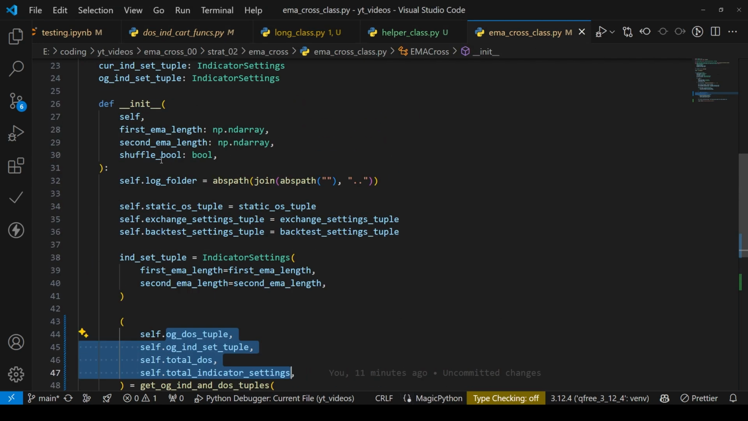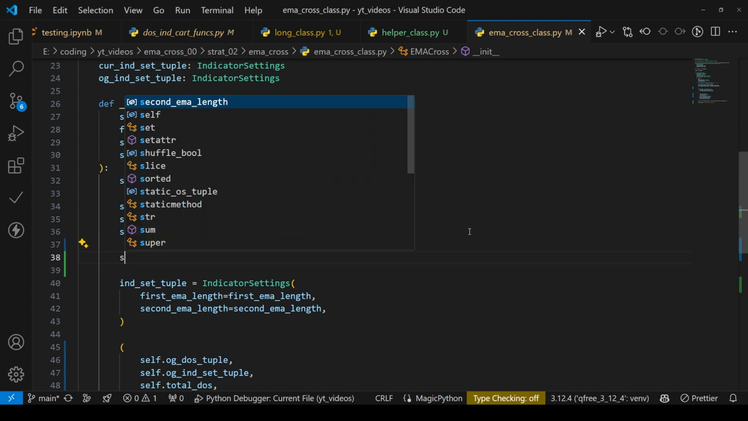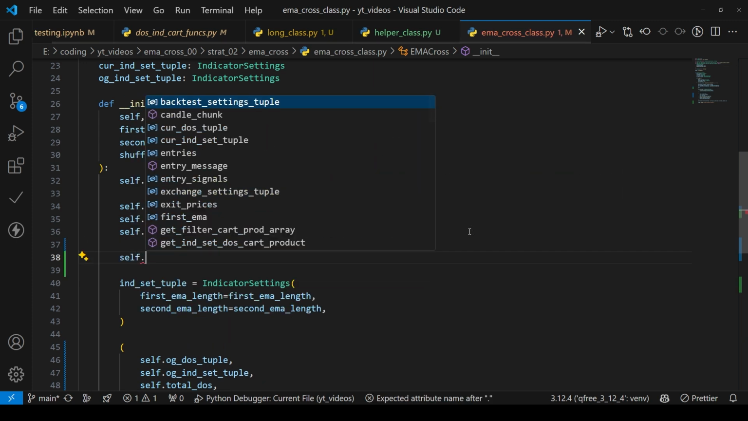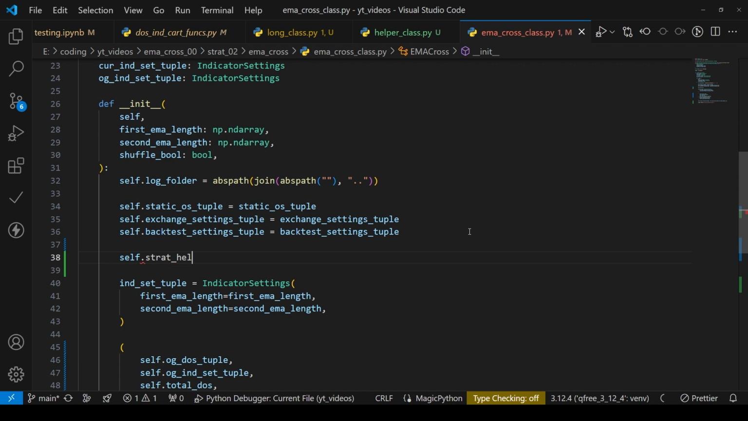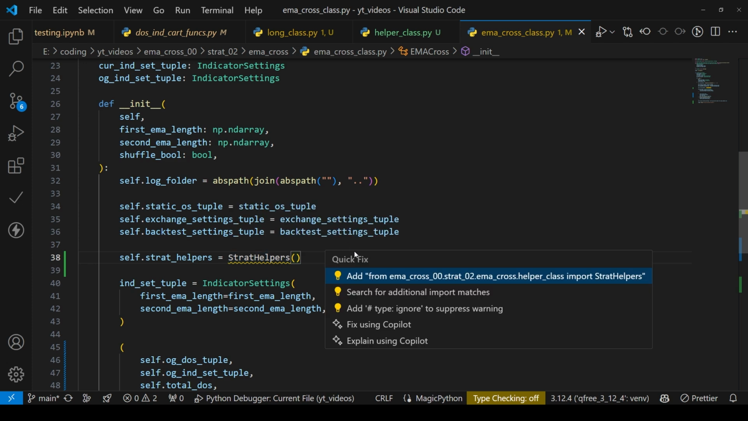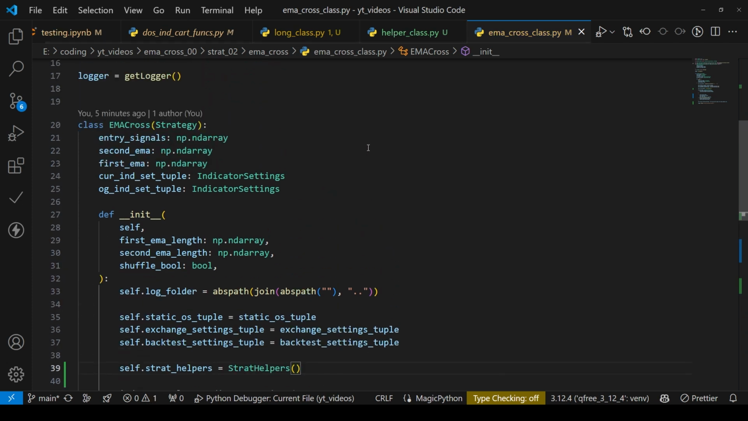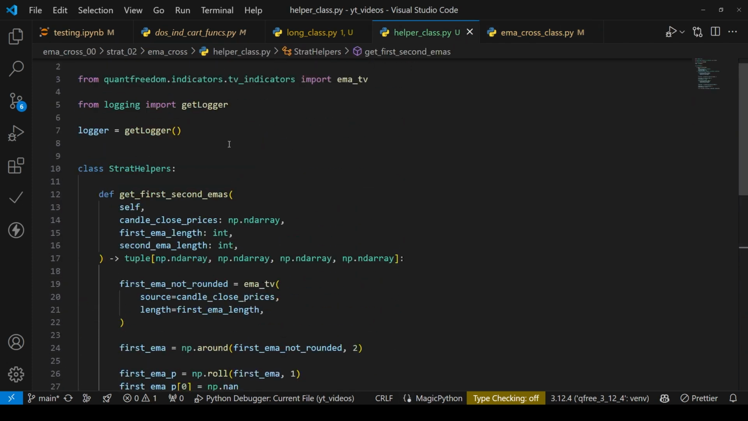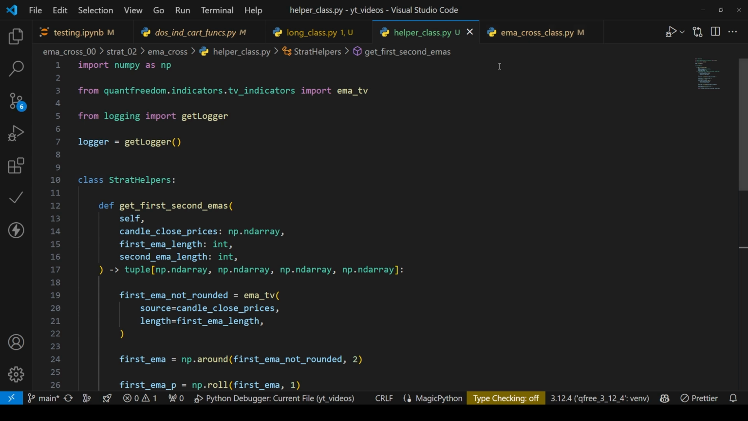So now here, what we're going to do is say self dot strat helpers equals strat helpers. Okay. And so I think if we hover our mouse over this, yes. So now we're going to import strat helpers as a class. And the reason why it's a class is because as we go, well,